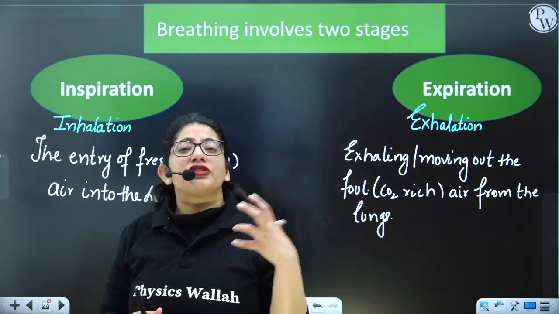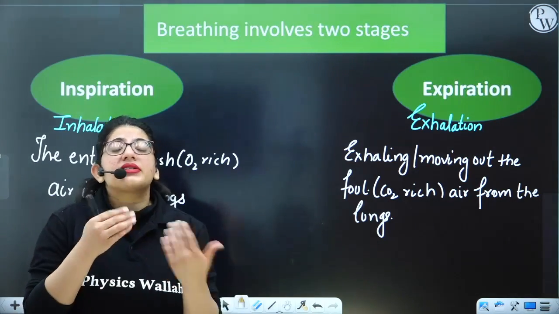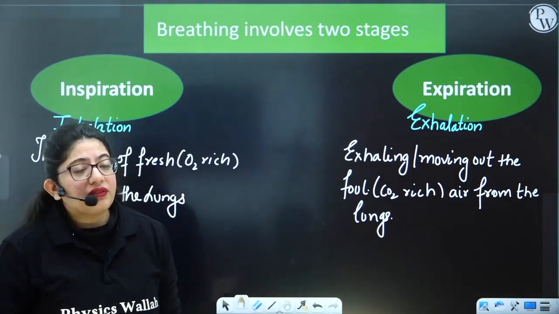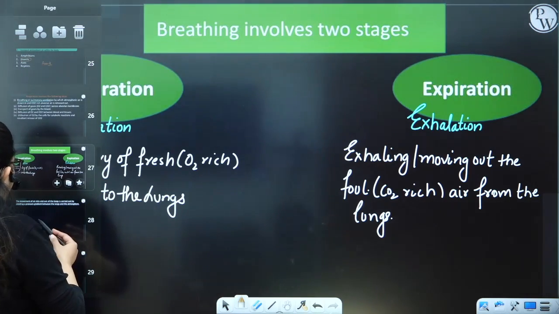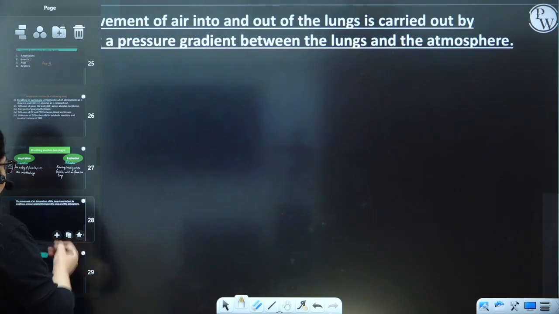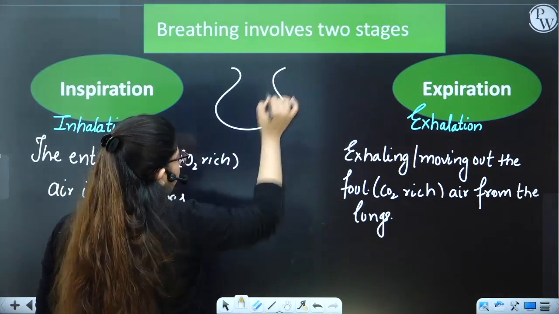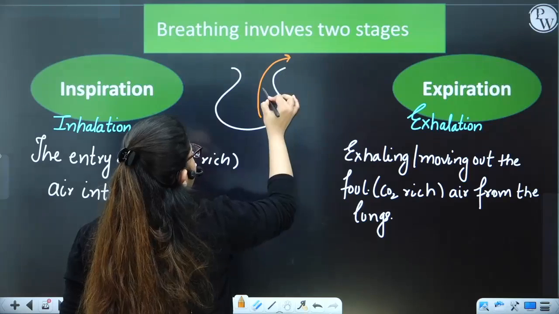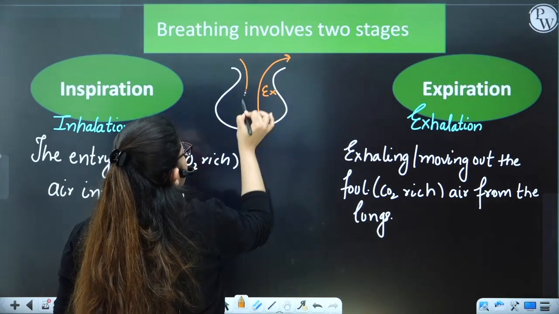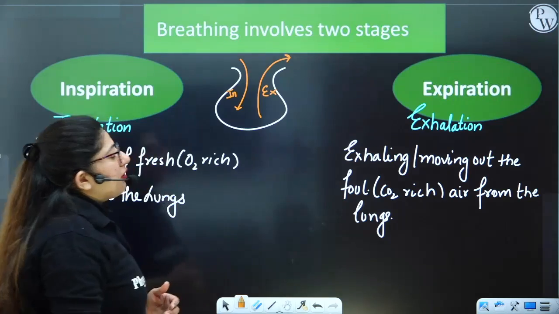Let's talk about the physiology of it. For understanding this, we need to understand some muscles that are associated with this process. And before that, you should know how the air moves. You know what we are doing? We are moving the air. For example, if this is your alveoli, from alveoli, the CO2 rich air is moving out, that is exhalation. And here, the oxygen rich air is moving in, which is inhalation.